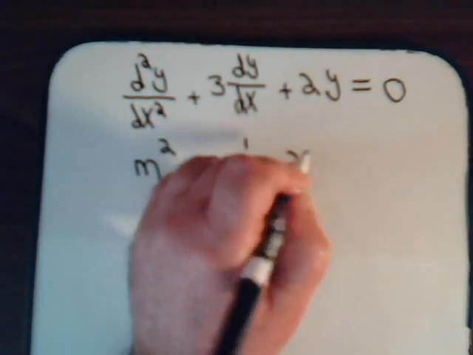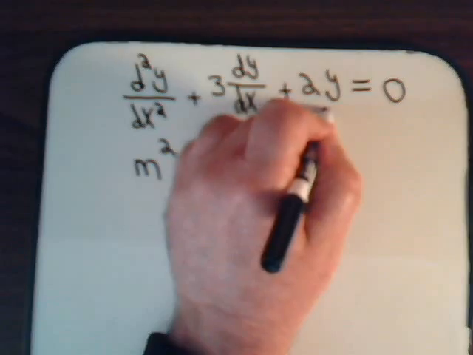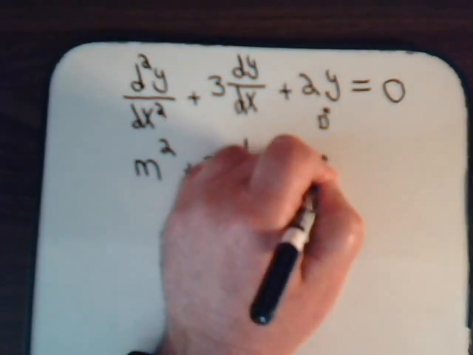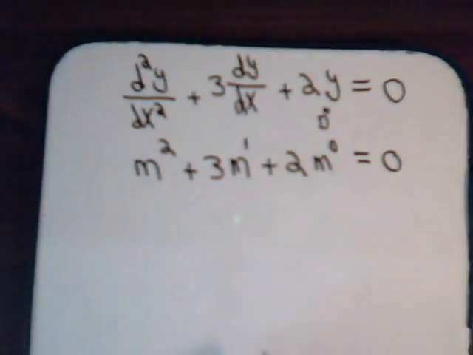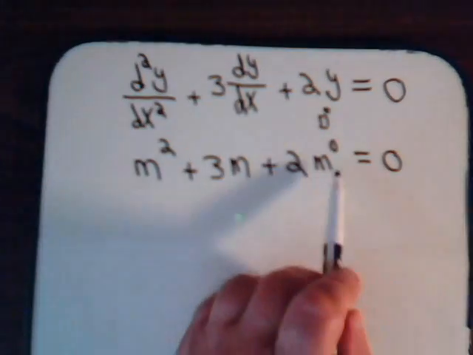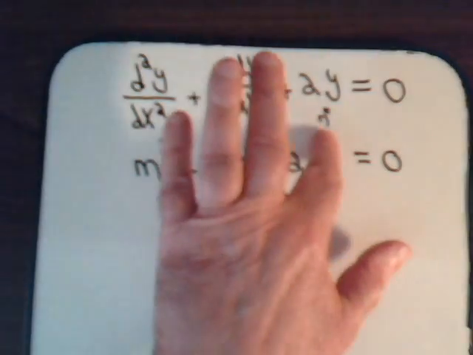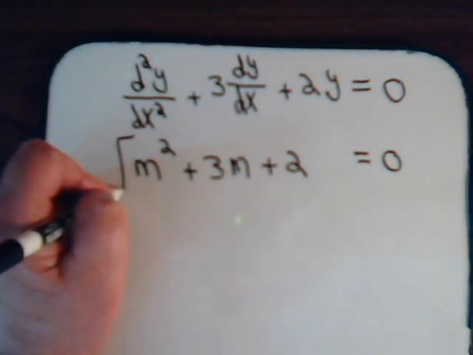There is no derivative here. We can think of that as a derivative to the 0 power. So we replace y with m to the 0. Whereas this is just m to the first power. And m to the 0 power, that's just 1. So this